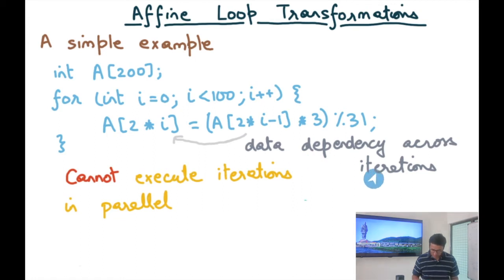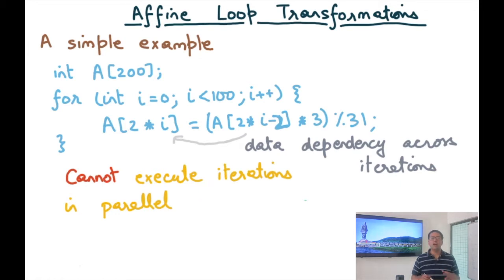However, there is a data dependency across iterations. So the element at index 2*i - 1 will be computed in a previous iteration, and maybe just to make this more clear, let's say this was 2*i - 2. In a previous iteration, I have computed a[2*i - 2], and here I'm computing a[2*i], and there's a data dependency, and now it is no longer possible to execute these iterations in parallel. So even though all accesses here are affine accesses inside the loop, it's still not possible to execute these iterations in parallel.